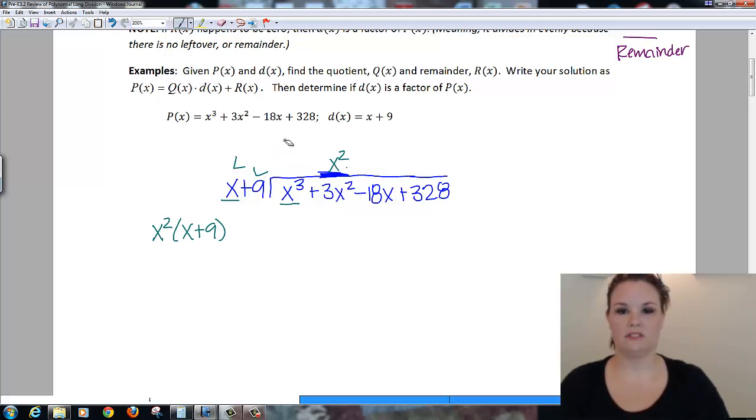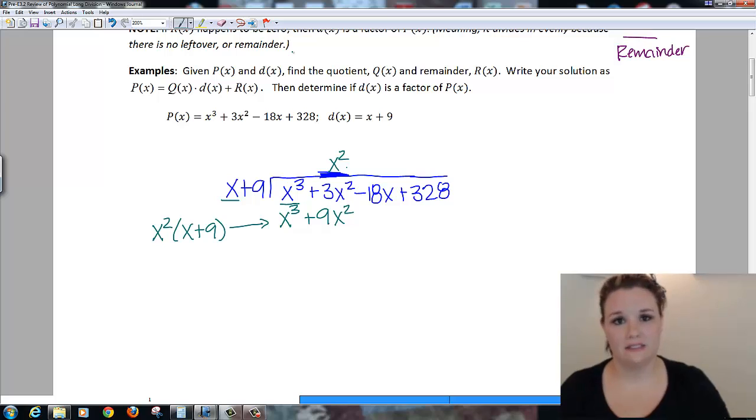Okay, but in order to not have lines just going everywhere, I'm going to write it off here to the side. So if I do x squared times my divisor, which is x plus 9, I'm going to go ahead and write it here. So x squared times x gives me the x cubed that I needed. X squared times 9 gives me 9x squared. Okay, and then remember with long division, once I do that multiplication, then I draw my line and I subtract,